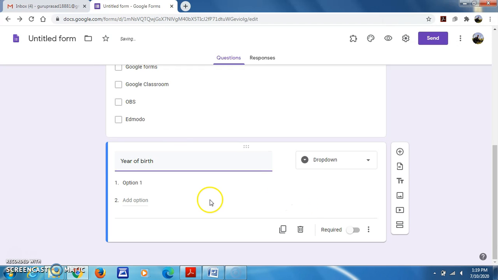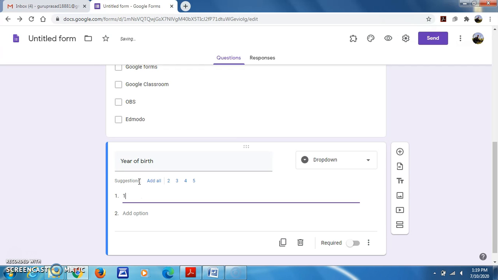Year of birth, so option, so you can have options, more options. Okay, I will give 5 options, maybe you can add how much you want. (1990, 91, 1990).